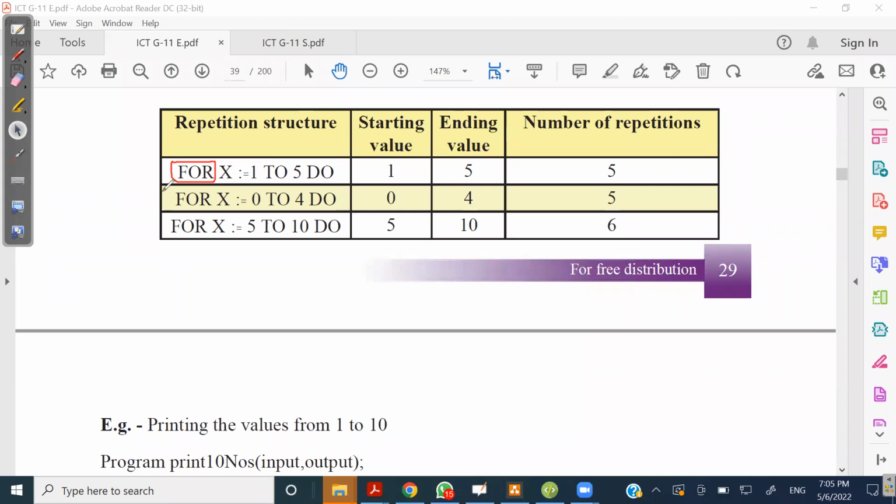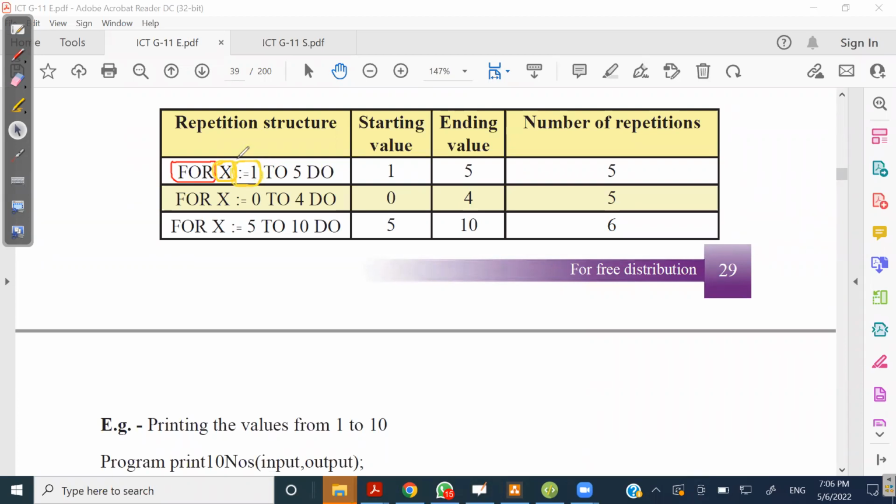Then in the for structure, you have to use a particular variable called x, or some particular name. Any particular name can be given to it according to the rules that we have learned. So that variable must be given